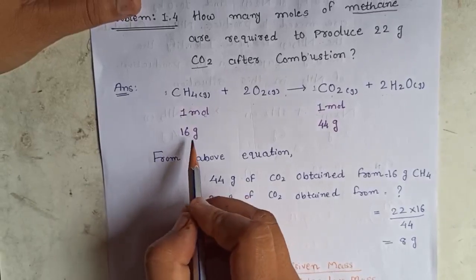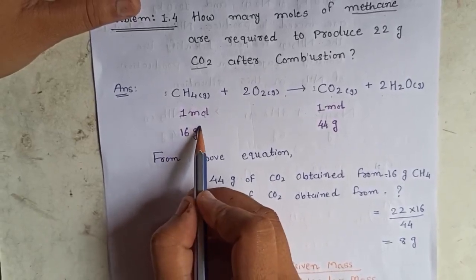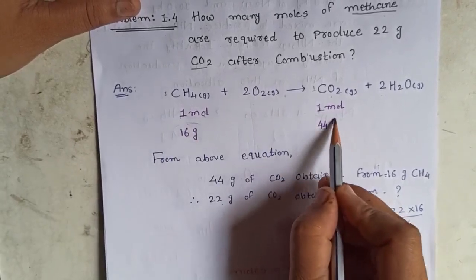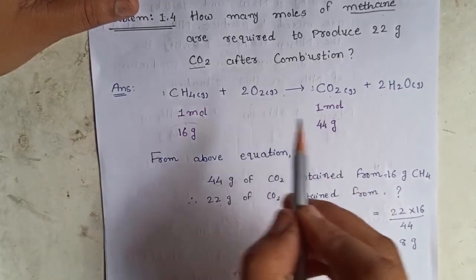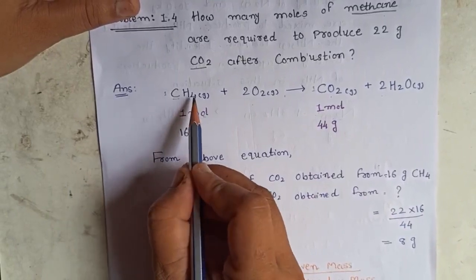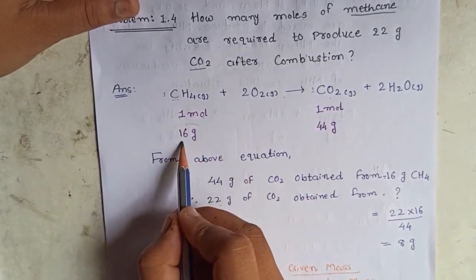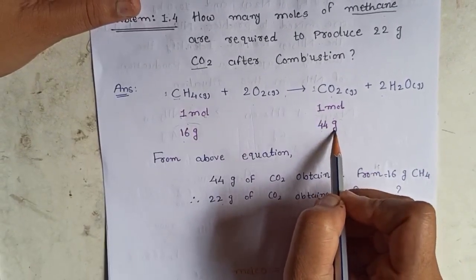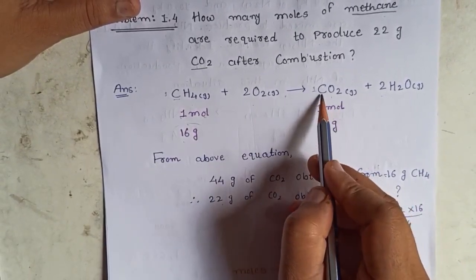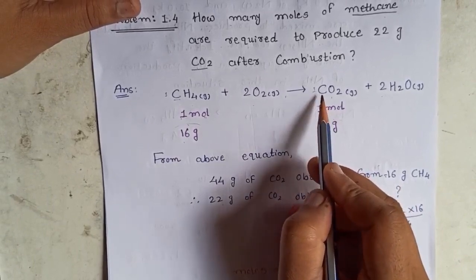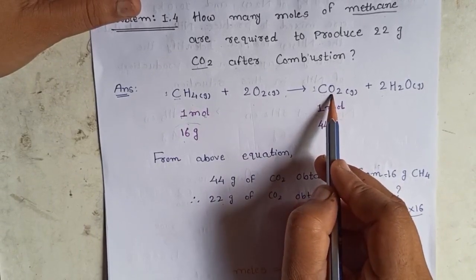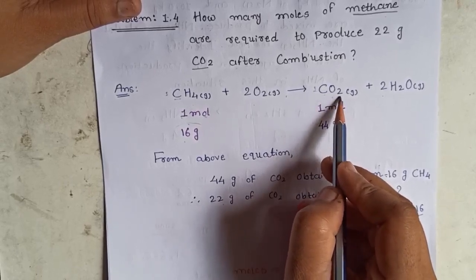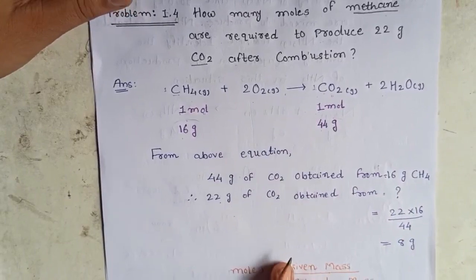Now we can also say that in terms of gram, whenever 16 gram of methane combusts, it will produce 44 gram of carbon dioxide, right? Because the atomic mass of carbon is 12 and 4 hydrogen, so 16 gram of methane combusts, and 44 gram of carbon dioxide will be produced, because the atomic mass of carbon is 12 and here 2 oxygen are there. For 1 oxygen, atomic mass is 16. So 16 twos are 32 plus 12, it will be 44.